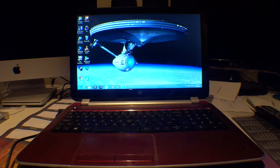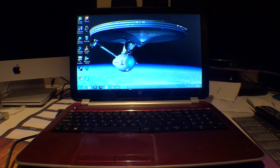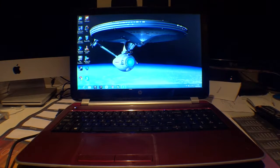This new machine is an A8-4555M processor, quad core. It's actually faster than my old machine, running at 1.6 GHz, and it's a superior machine in every sense. It's got twice the hard drive space, 1TB. It's got 2GB more RAM, because the old machine had 6GB of RAM, and I thought this machine would be really fast and quick, but I'm going to show you